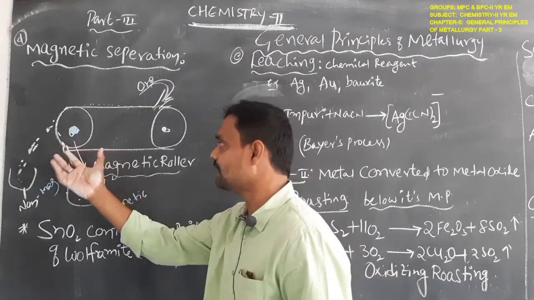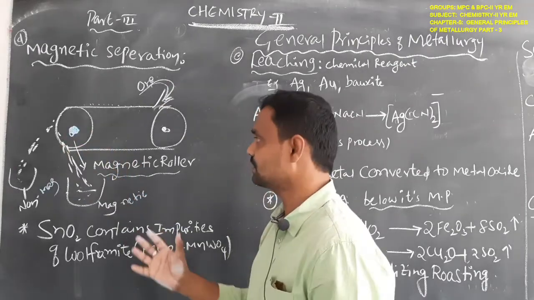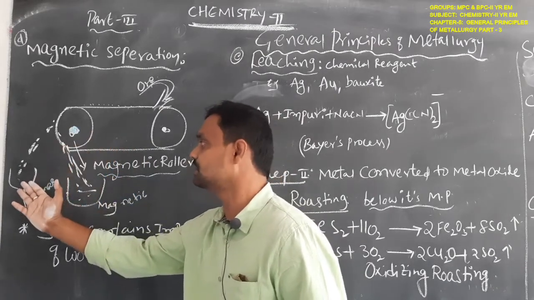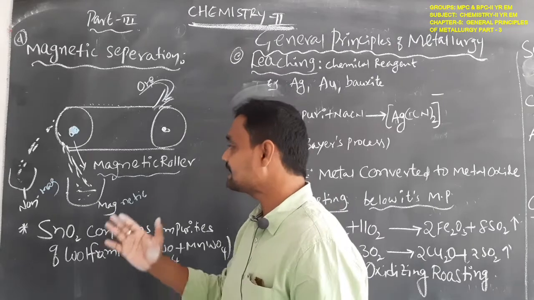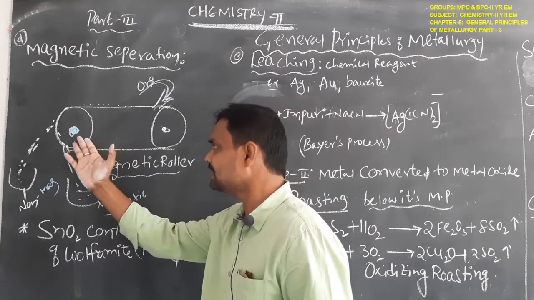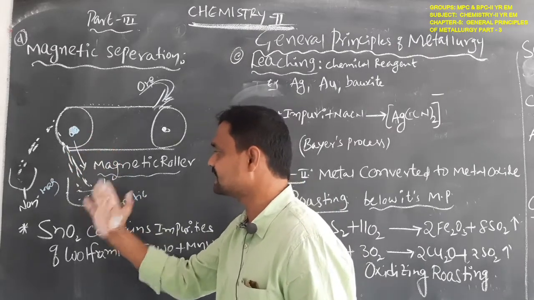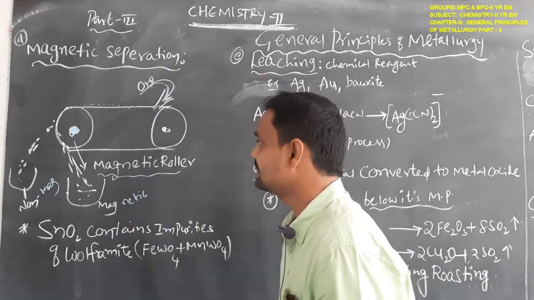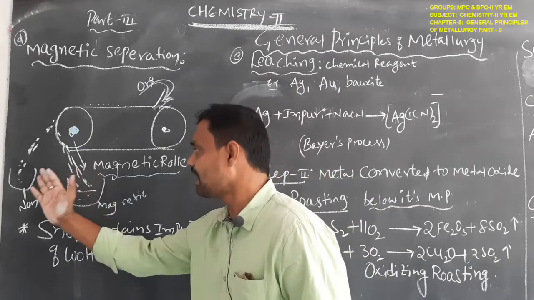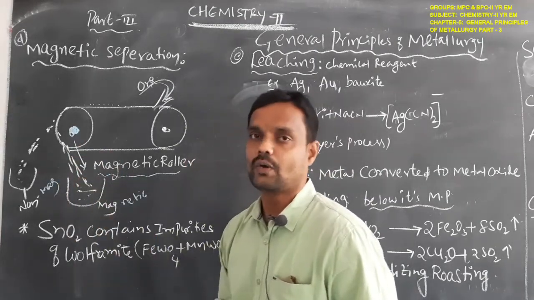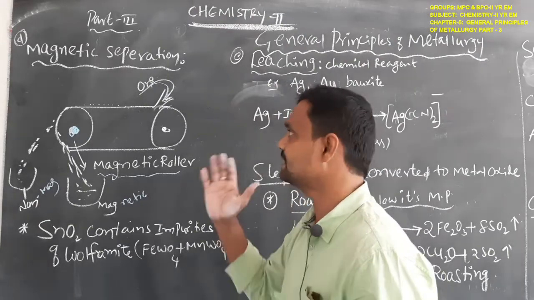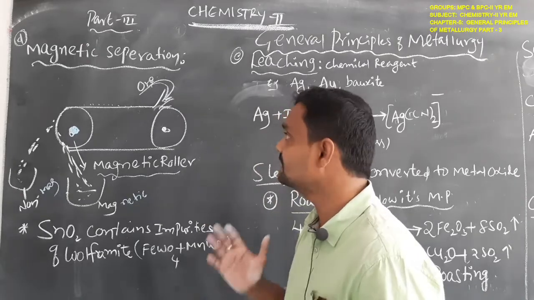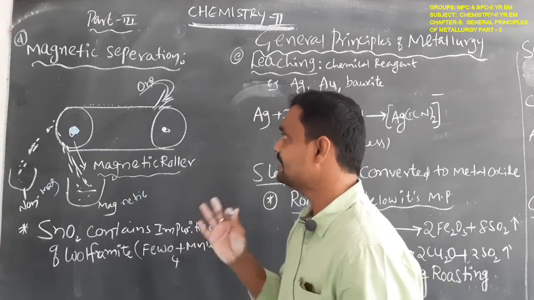When this magnetic roller is rotating, the non-magnetic impurities will move towards this vessel and the magnetic ore particles move towards this vessel. By using this magnetic nature, we separate the non-magnetic and magnetic ore and impurities. Simply, that is called the magnetic separation method. For example, this magnetic separation method is used for